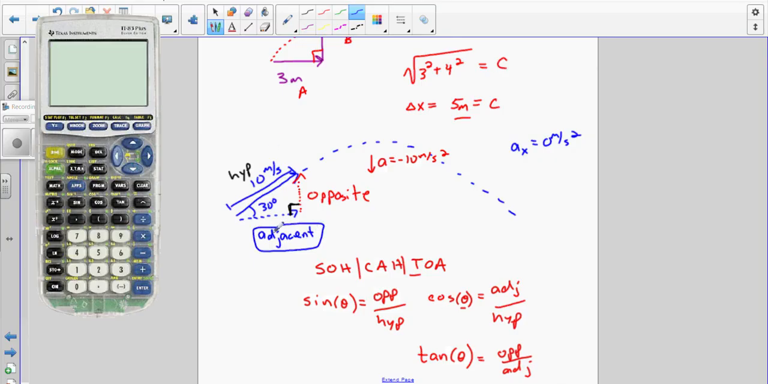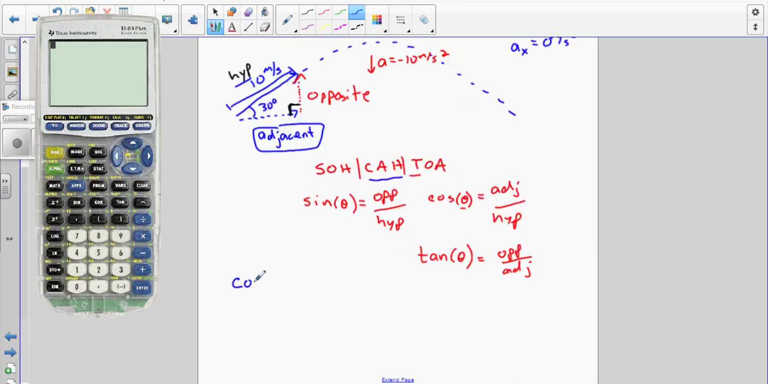So if I want to find the adjacent side and I know the hypotenuse, I want to look at which trig function relates the adjacent and the hypotenuse. Which I see here is the cosine. It has both the adjacent and the hypotenuse in it. So I'll start with cosine of theta is equal to adjacent over hypotenuse. And if I want the adjacent side, then I'll multiply hypotenuse to the other side. So I have hypotenuse times cosine of theta is equal to the adjacent, or 10 meters per second times the